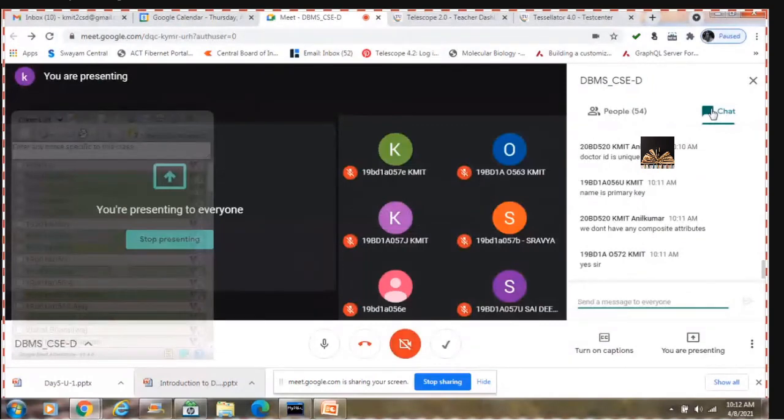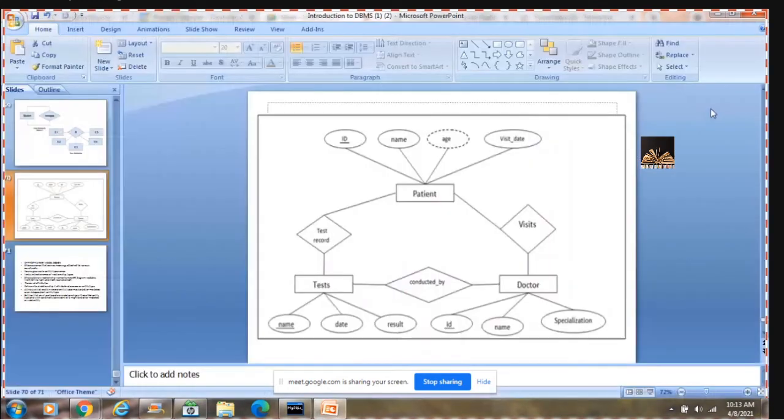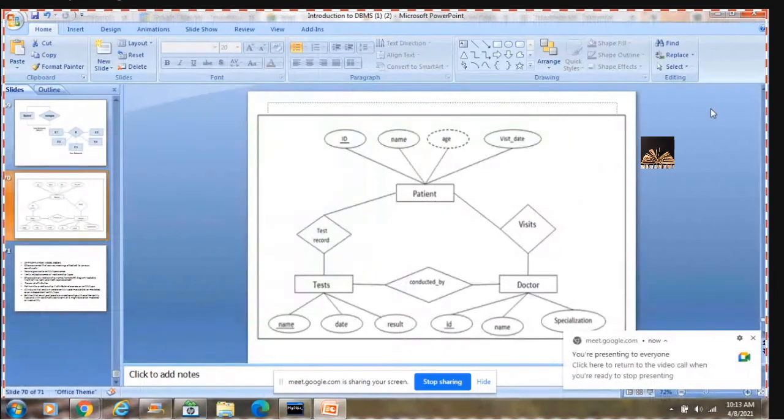Yeah, Anil, we do not have any composite attributes in the given scenario. Can you see this slide now?